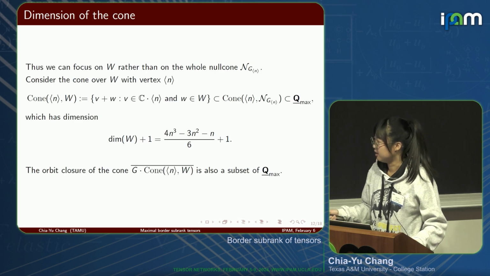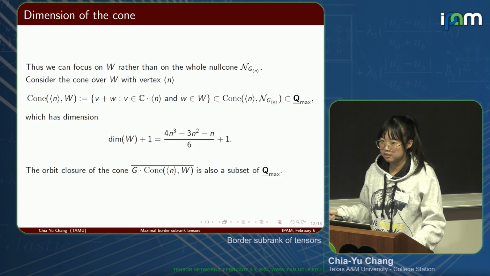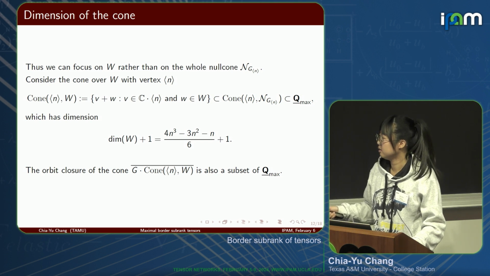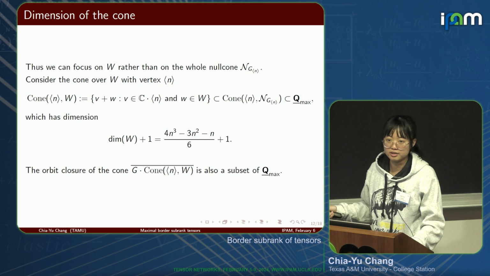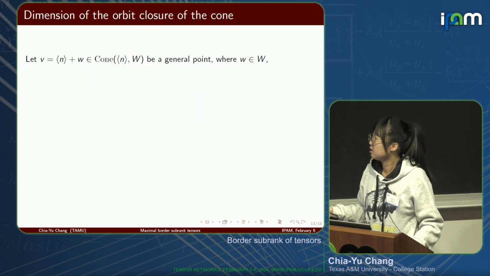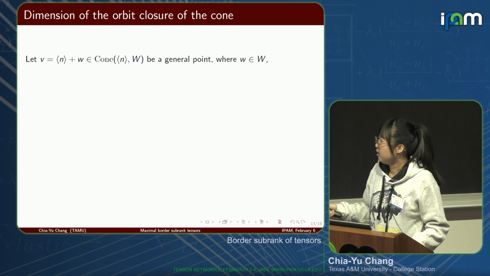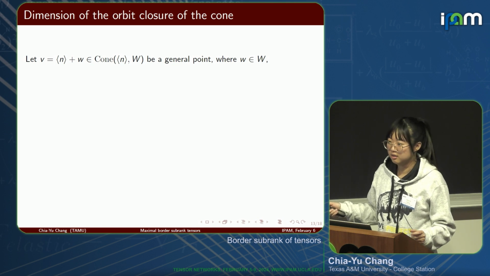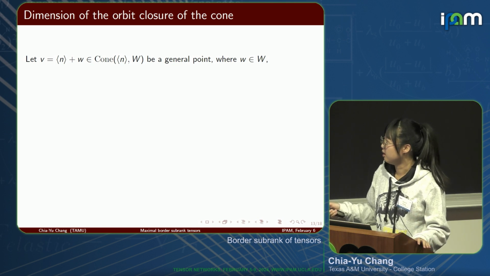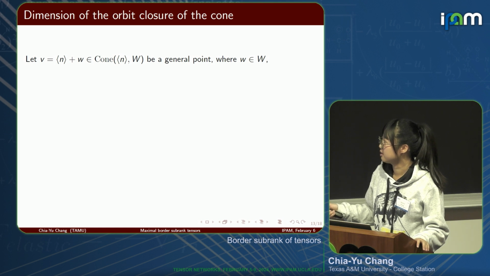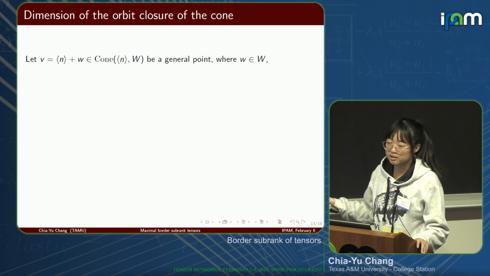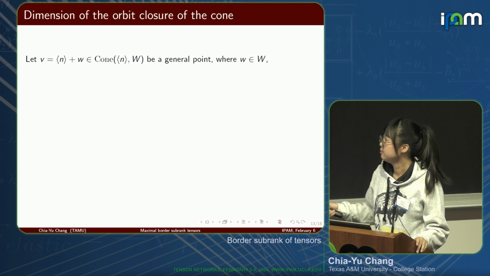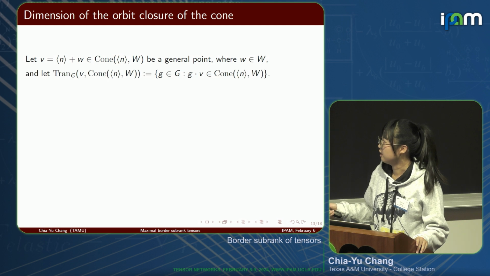So by analyzing the dimension of this orbit closure, we get the lower bound of the dimension of this set. Now let V be a general point in the comb over W, with vertex the unit tensor, where W is any general point in the vector space W. And let